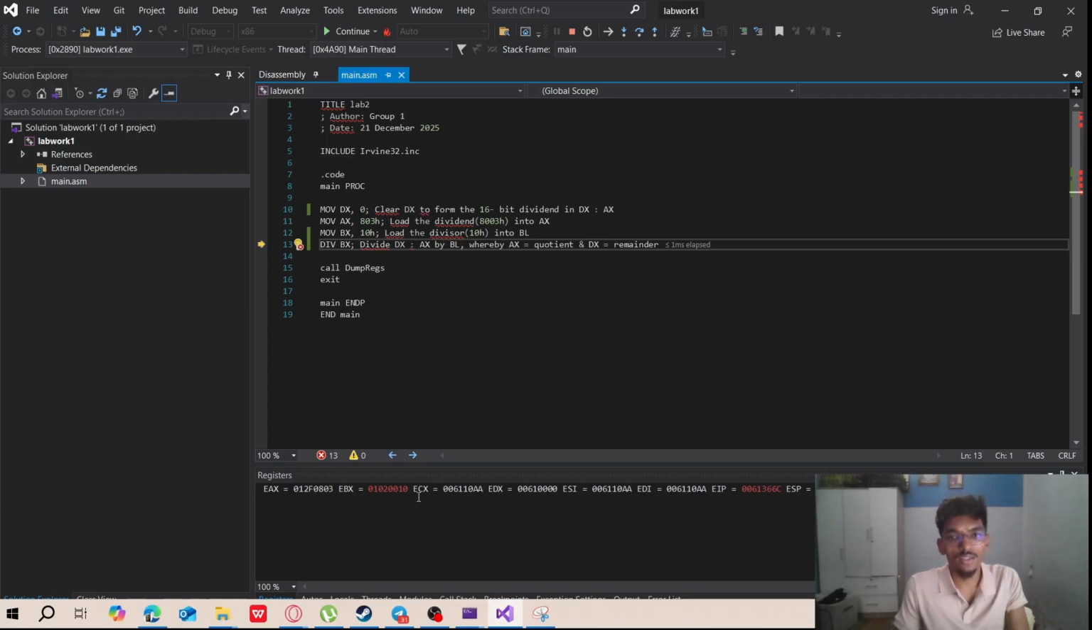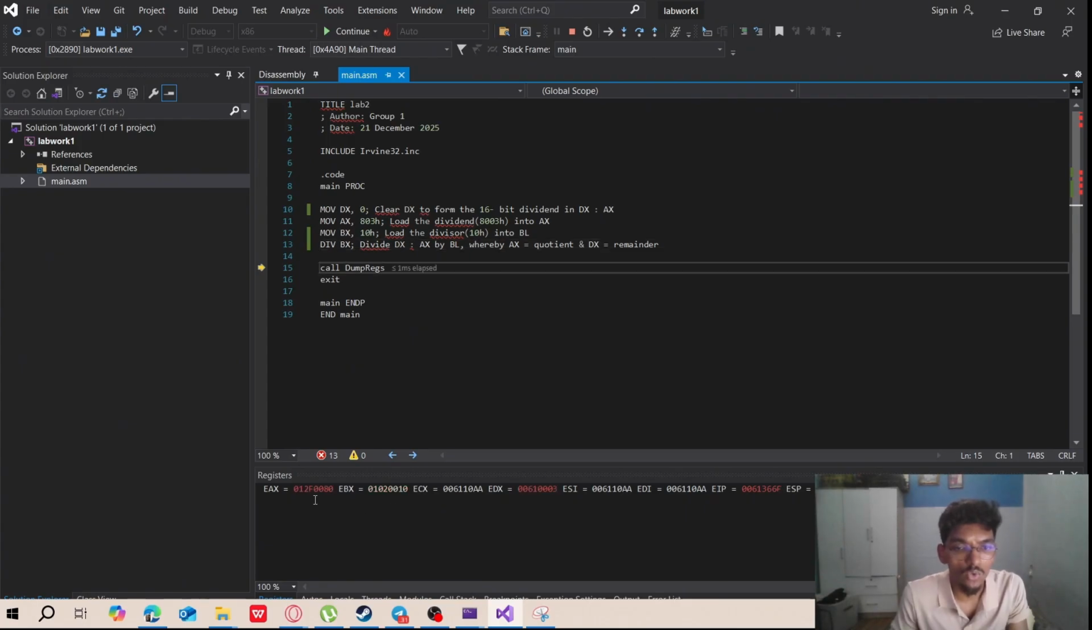Then when we divide, we divide AX by BL, where the AX will be the quotient and DX will be the remainder. So the value for AX will be 0080 and the remainder will be in DX, where the remainder is 0003. So that's the final answer for question